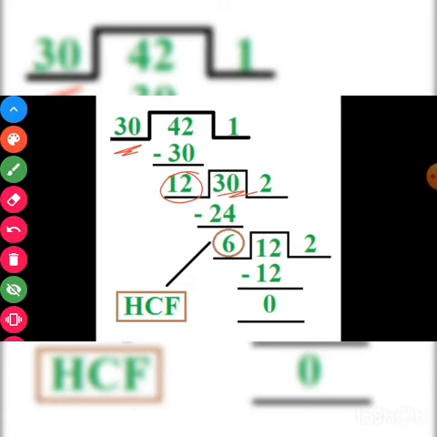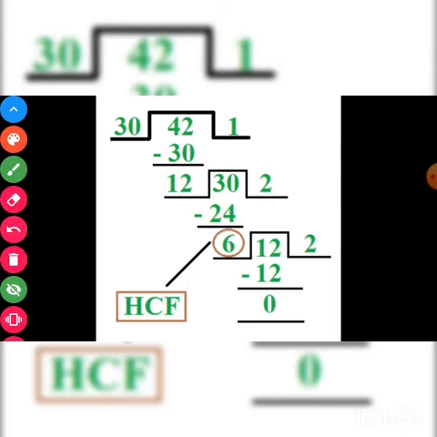So this 30 will become the dividend now, and whatever was the remainder, so 12 was the remainder, now it will become the divisor. Now let us see in the 12 table, does 30 come? If you do 12 ones are 12, you are getting 12. 12 twos are 24. And 12 threes are 36. But 36 is more than 30 and we can't take a number which is bigger.